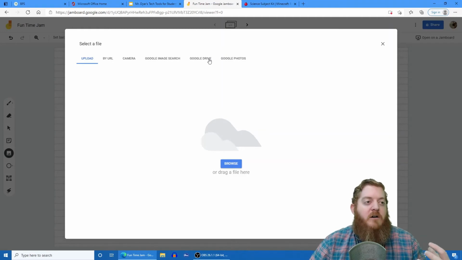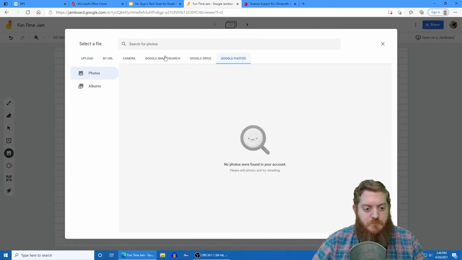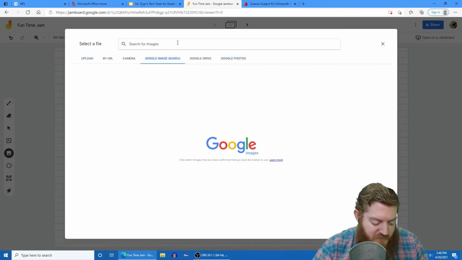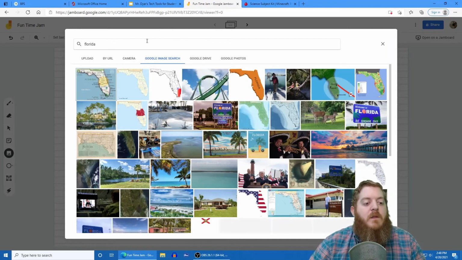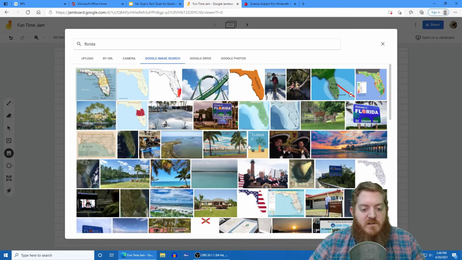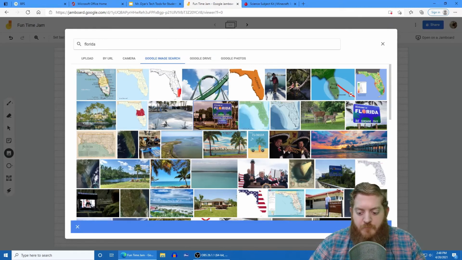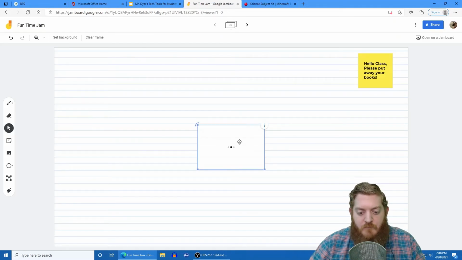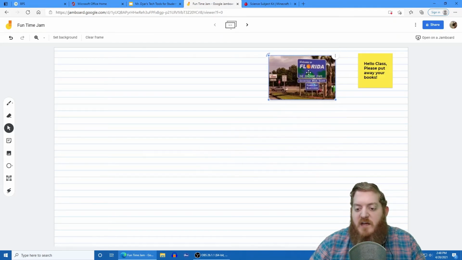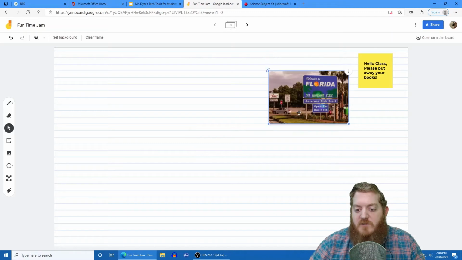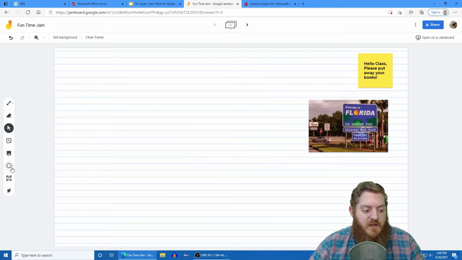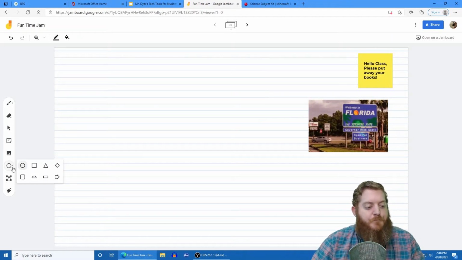Again, I'm all the time on my whiteboard in class. I had to draw something really quick, just quick sketches for my students. So let's go to Google image search and let's search for, how about Florida? Something nice for Florida. Looks good. Insert. So I want students to see what the Florida sign looks like. I'll just include that image right there. Perfect. Okay, we can also include some shapes.